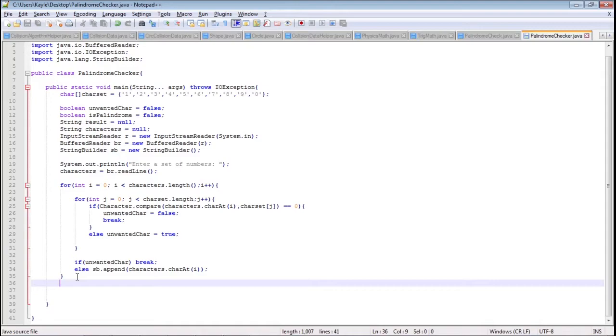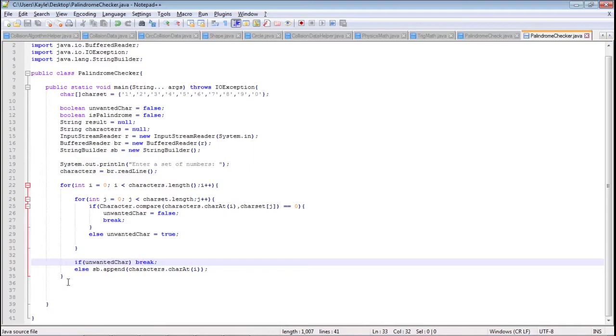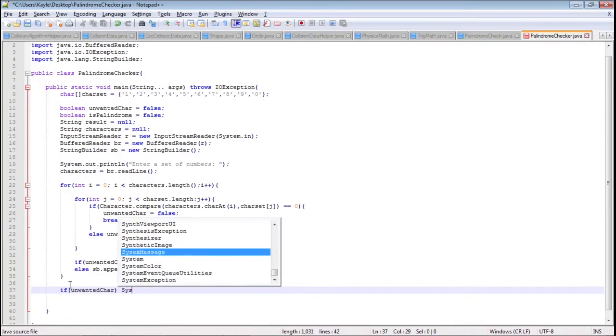Once our program is done here and didn't get any invalid characters, our program will go here next, and better put an if and check the status of this unwanted car boolean, and if there's an invalid input,